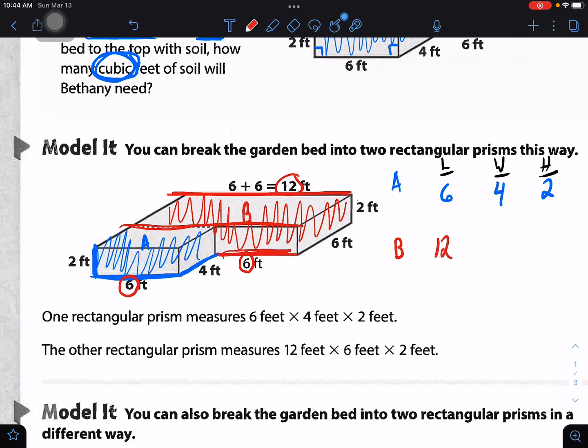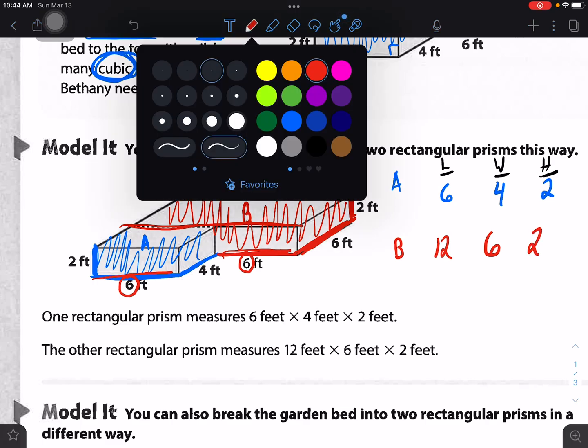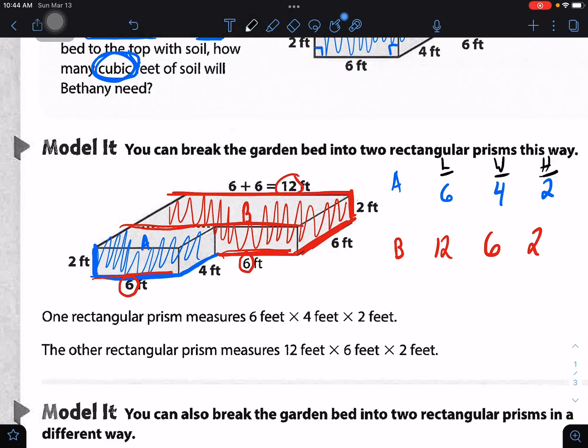I took this 6 and I added it to this 6 because those two pieces are the length together. I'm given the width. Notice how far back it goes. It's 6 feet. And the height is the same for the entire shape, 2 feet. So do you see how Mr. A drew all over the shape? I outlined the edges, and it helps my brain to see, okay, what's the length, what's the width, and what's